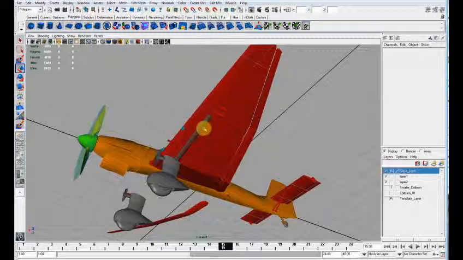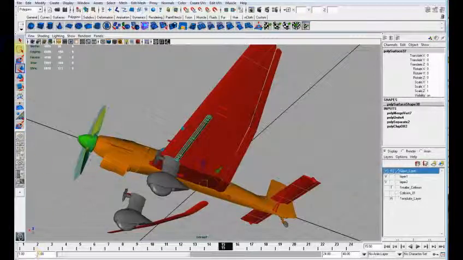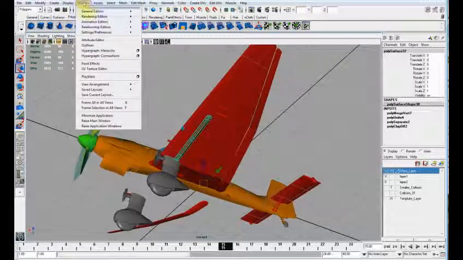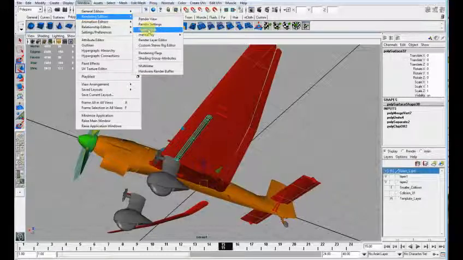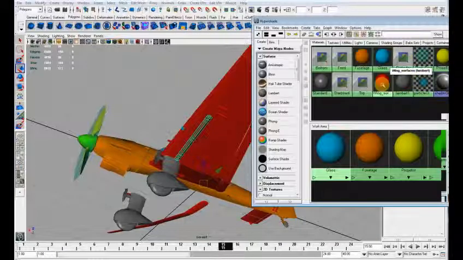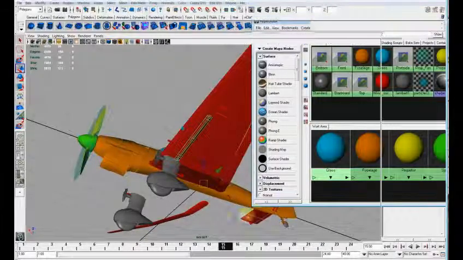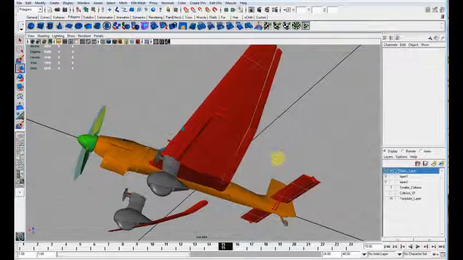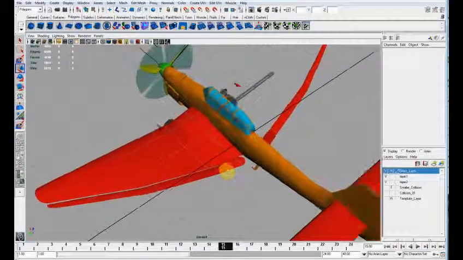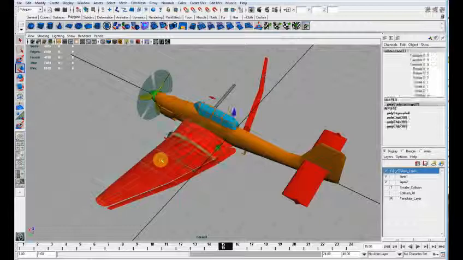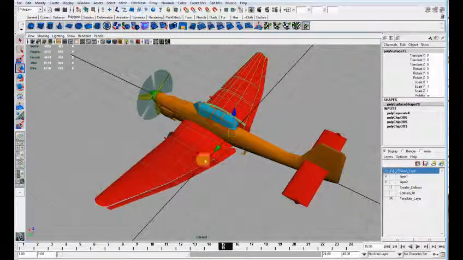Oh, dive brakes. Those should also be part of the wing. And with the file set up,